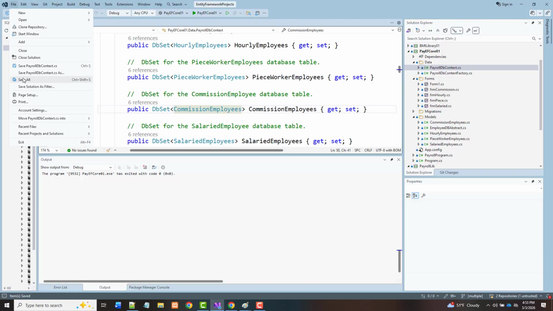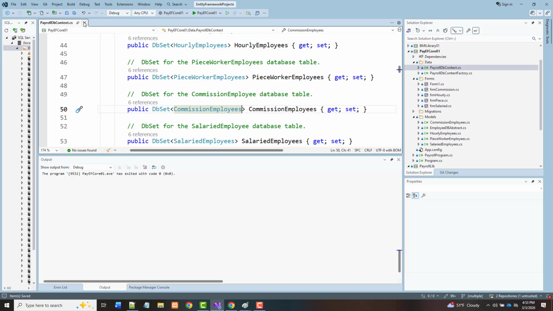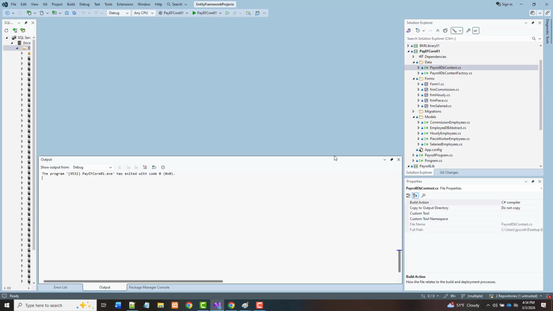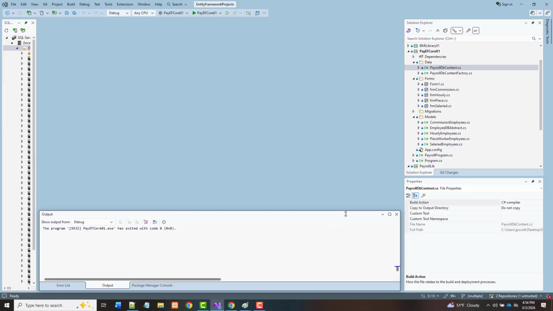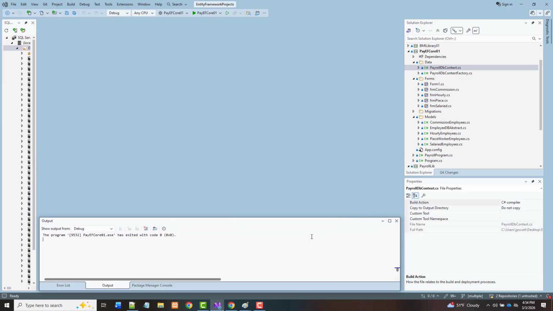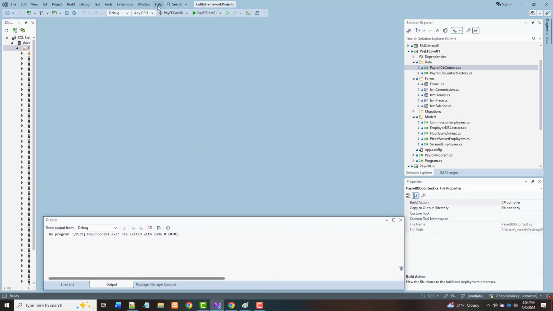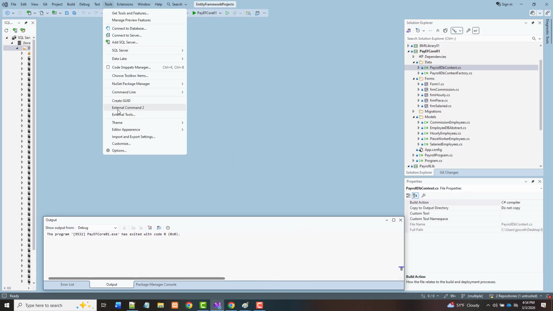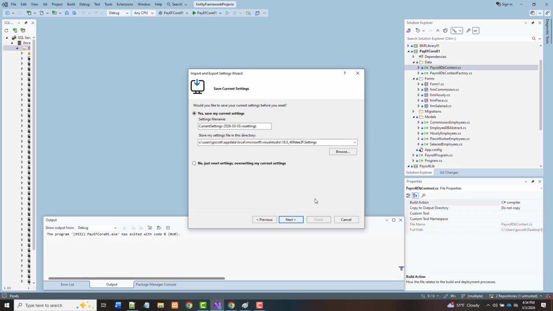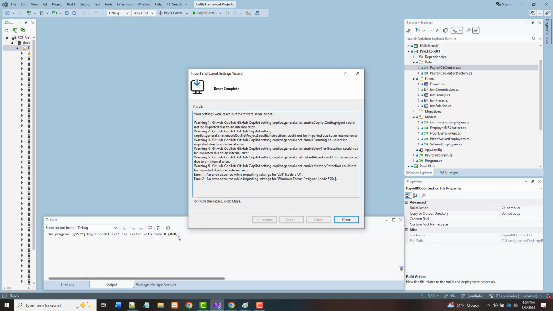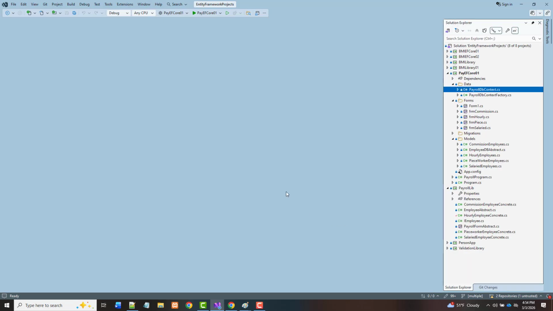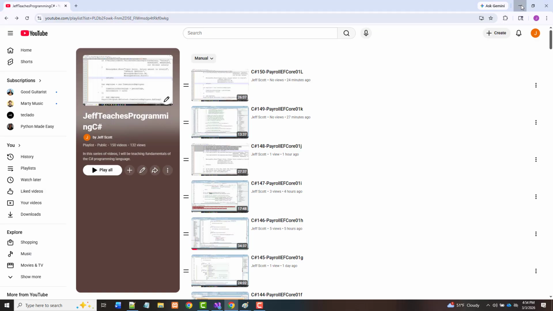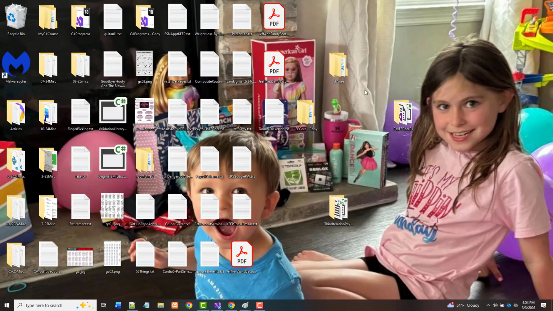So File, Save All. I'm going to close this. Now I have nothing open right now. It looks like I moved this. I did. I've shown you before. It's Tools, Import and Export Settings, Reset All Settings. I don't want to save, so no, just Reset. Next, and Finish. That should pop back into place then when I close. All right. So what I want to do now then is close this, and I want to come back to